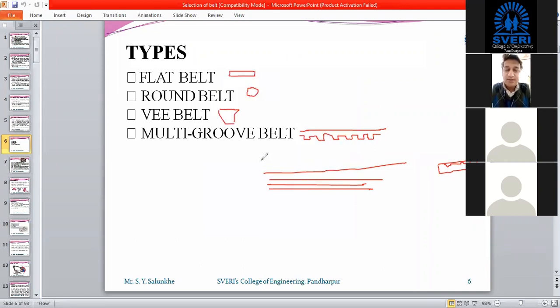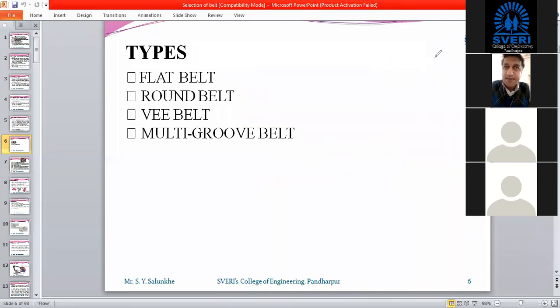Basically, when we see conveyor belts, they come under the category of flat belts also. You might have seen in the sugar industry, where sugar bags are transmitted from one place to another place. In that case, flat belts are used. Where sugar cane is carried from one place to another up to the fiberizer, in that case this groove type of belts are used. Got it?